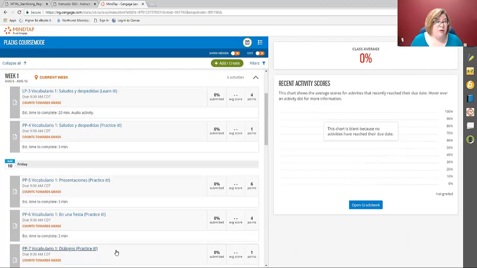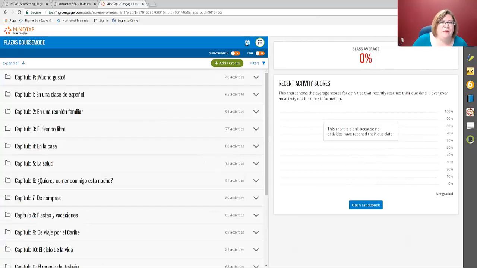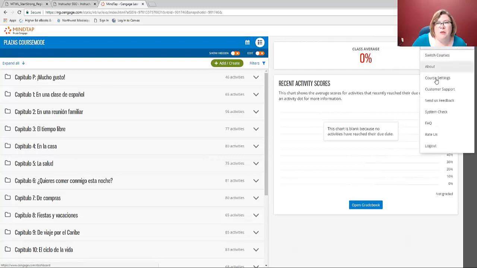So if you're doing a flipped classroom or if you're doing an online class, this would be an easy way of making sure your students are completing things in a timely manner. It's harder to assign things from the week view because it's based on assignment dates. It's a lot easier to move things around in the outline view, so you can just toggle back and forth between the two views. You also have the option to set it in your course settings. I leave mine in this outline view because, as I said, it's easier to manage.